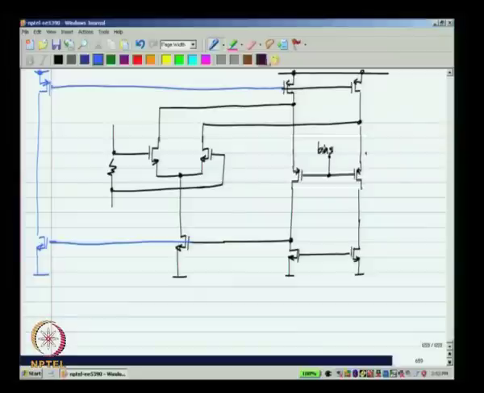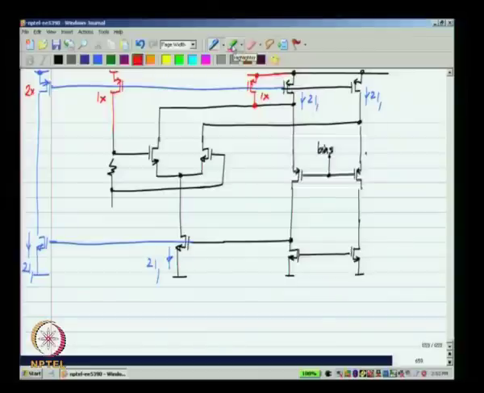Okay. So, that means that finally, when this current is 2 I1, this will be 2 I1 and these currents will also be 2 I1. And to this I have to add the current sources Iref. Now, it is possible to do it like this. Okay. That is, you make Iref also equal to I1. So, let us say this is 2x and this is 1x and this is 1x and so on. So, Iref can be made equal to I1, but one of the important things is that